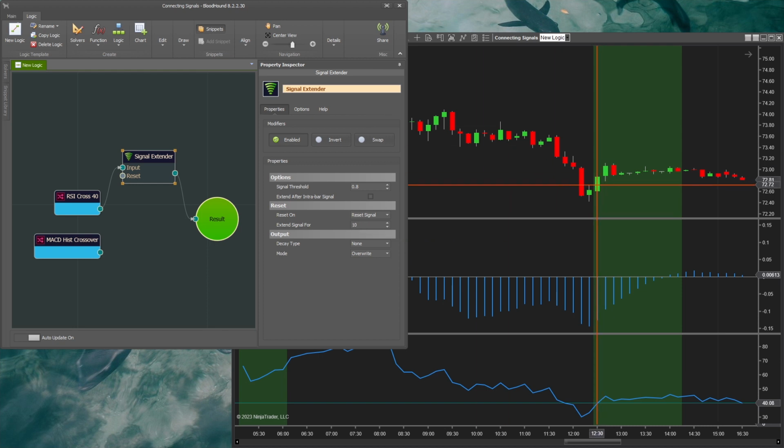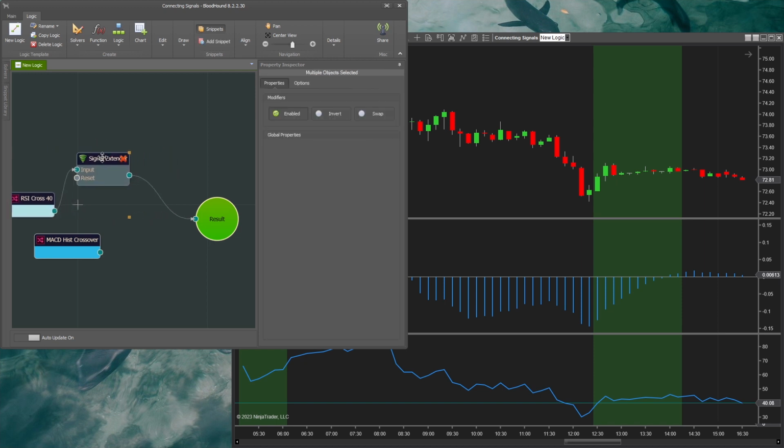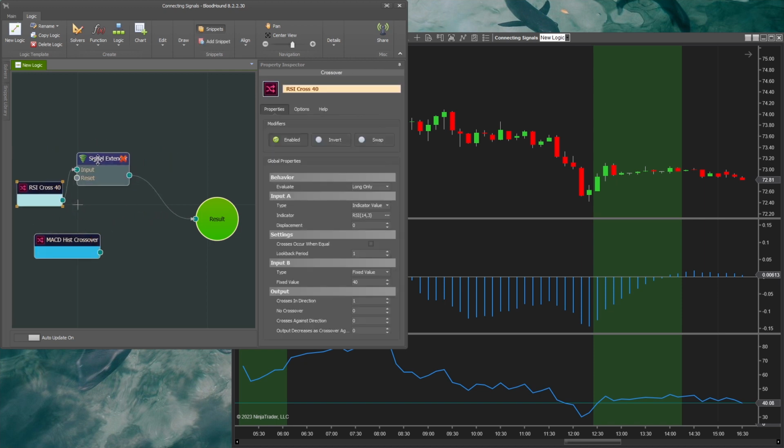So what this did was give all these bars knowledge of that event. It says, okay, this bar right here now knows that sometime in the last 10 bars, there was an RSI cross, because we told it, take this RSI signal and extend it forward by 10 bars, giving those next 10 bars access or knowledge of the event. Right? So that's very powerful, because now when we connect these to an AND node together with the histogram cross,